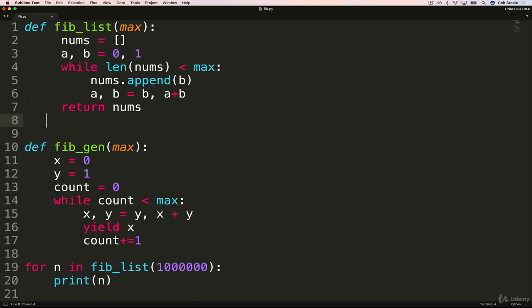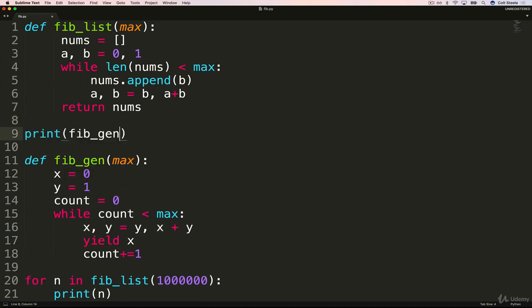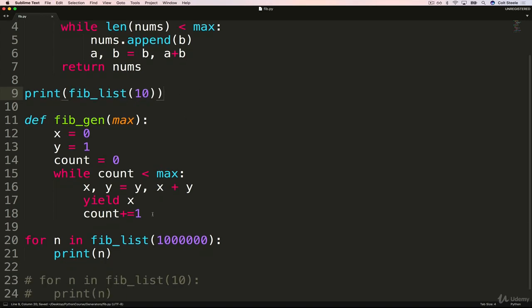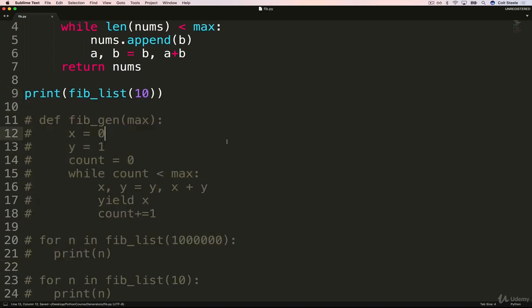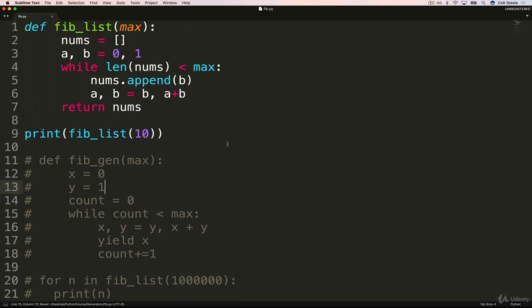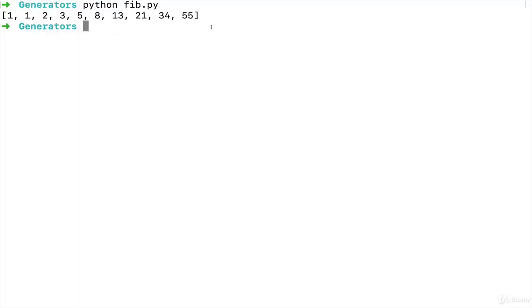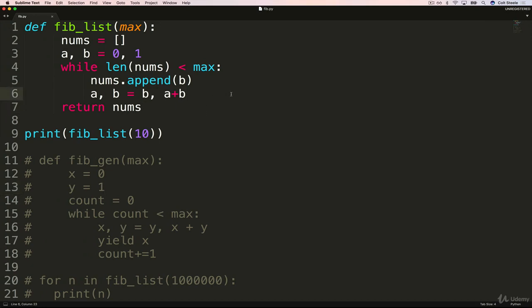Just to show you that it does work, we could do something like print fib list of 10. This will give us 10 numbers. It's not up to 10, like the highest Fibonacci number below 10. It is the 10th number in the sequence. If we run it, there we go, we're getting the data back. It's in a list. We don't really have any other option if we're using a regular old function, because we have to keep track of what came before. To get to the millionth Fibonacci number, we have to have every number before that one. So the list starts to grow really, really long.